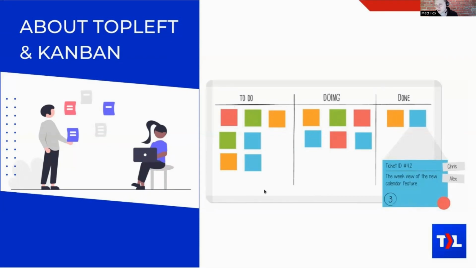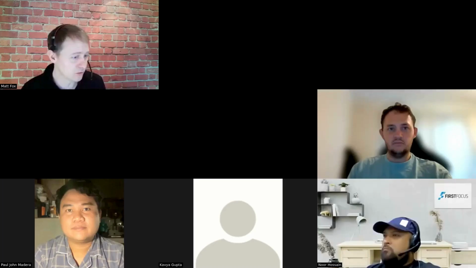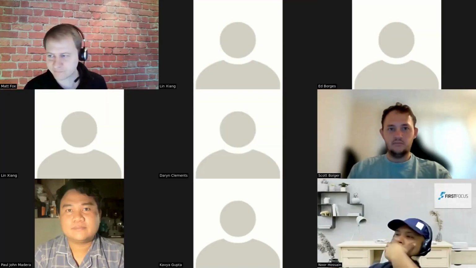The cards that appear on these boards represent an element of work. In the MSP world, typically that would be a ticket, or it could be a project task. It could be a whole top level project as well, or if you're doing the sales side, it could show up as an opportunity or whatever. So this is the most basic Kanban board that you can have. I just want to do that to introduce